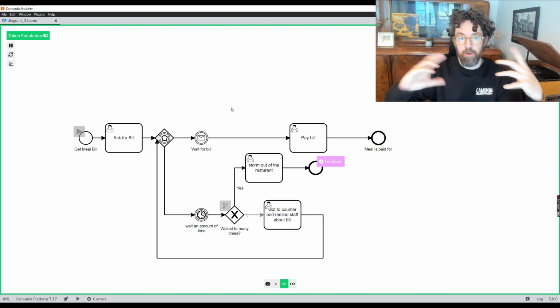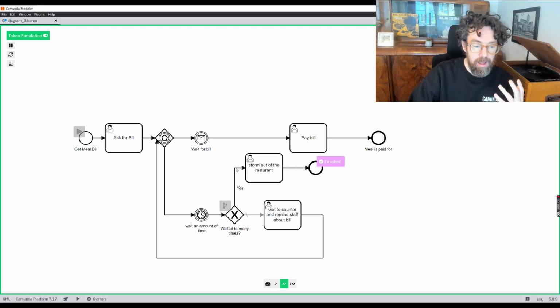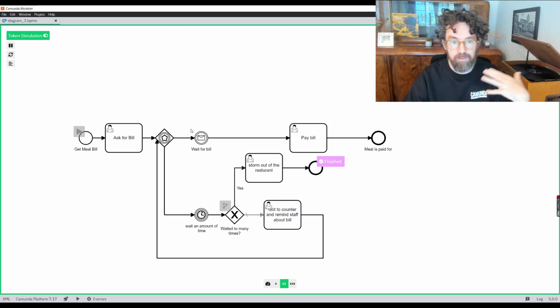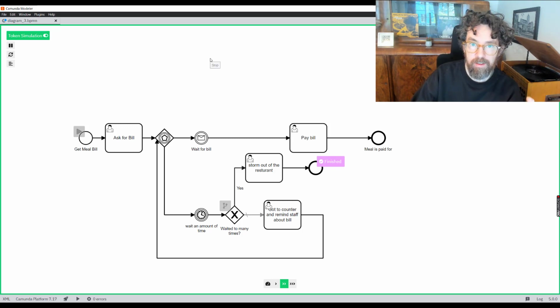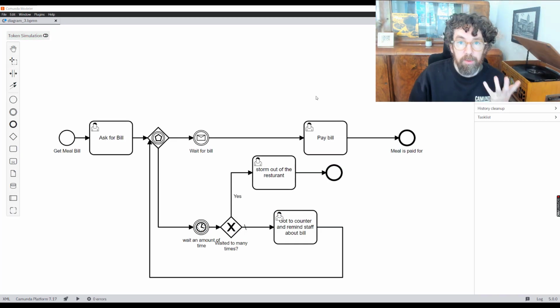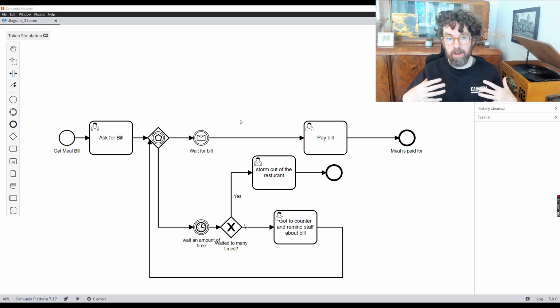Not bad, not bad. But we still have the one little problem. We've removed the duplication, but we don't yet have the full usefulness of the fact that if we're waiting here, we could still get the bill and we're not at the table, which is not good. So let's solve that next. So what are we trying to do here with this new model? Well, we actually want to ensure that we are always waiting for the bill in case somebody swings by while we're up at the counter.